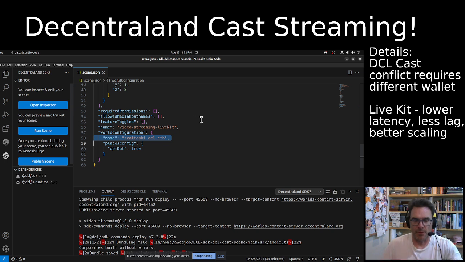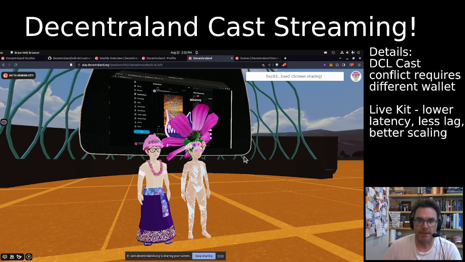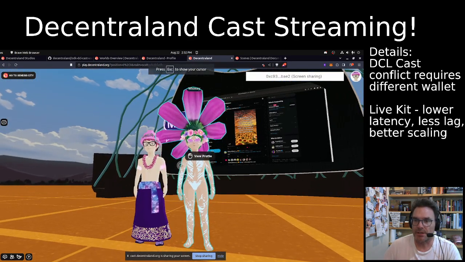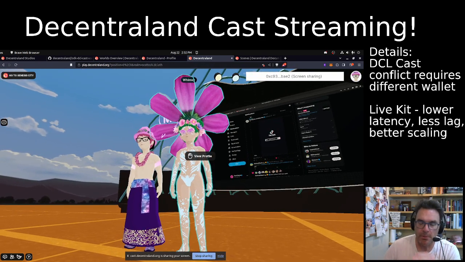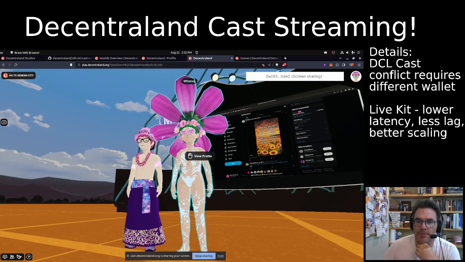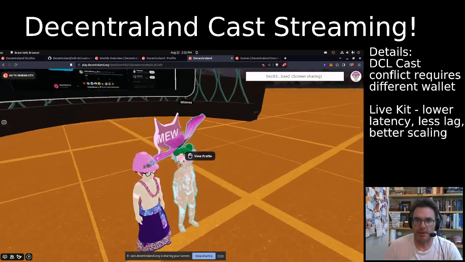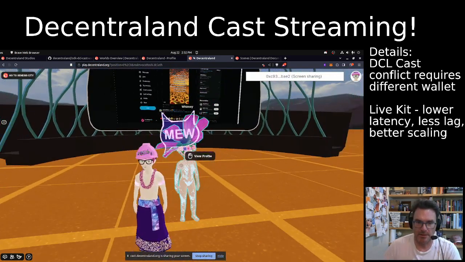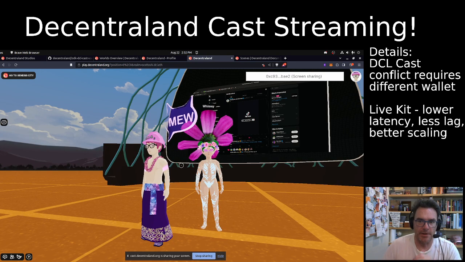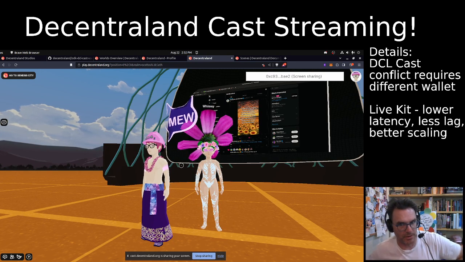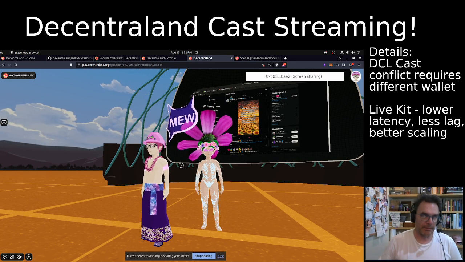So I've already done that. It's deployed to my world. So here I am in world, and you can see there's video playing, right? This is the whole point of doing this. Right now I've got my Oddjob account, which is this guy right here, and behind Oddjob is Whimsy, as you can see there. I also have another thing set up so that this works, and this took a little bit of